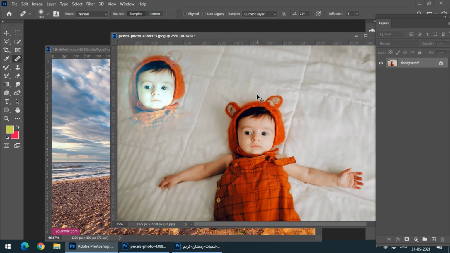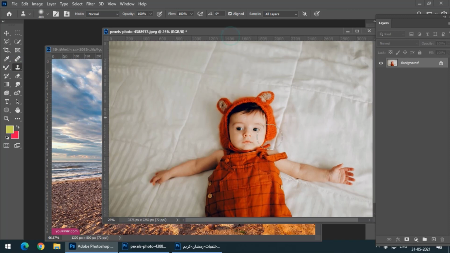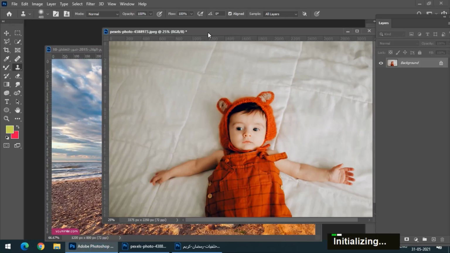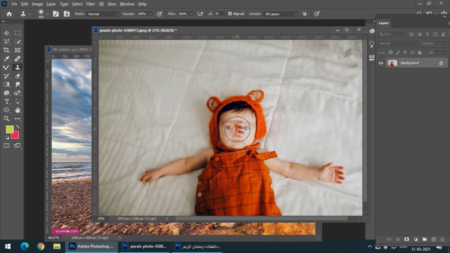But unlike the healing brush tool, what the clone stamp tool does is it keeps the source material as it is. For example, again, let me start the keystroke application first. So the procedure is similar to selecting the source.